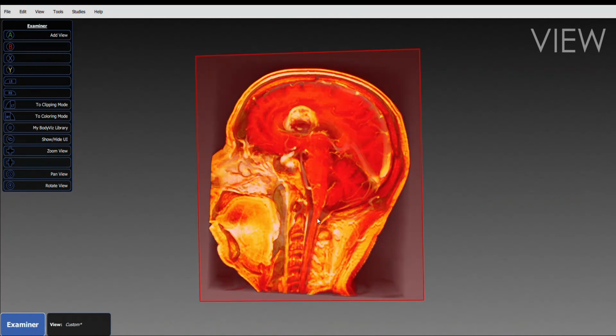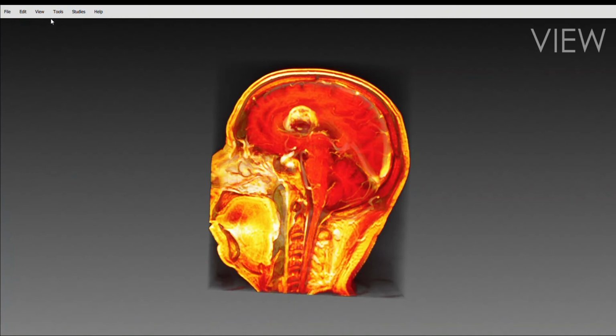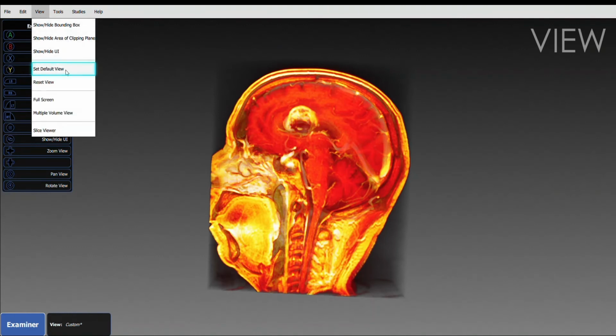Turning this feature on fills in the clipping plane, making it easy to see which plane you have selected, whereas turning it off removes the fill, leaving just the outline of the plane. This allows you to better see the volume while clipping. The Show and Hide UI simply turns on or off the user interface, including the Control Panel menu and the Mode menu. Set Default View allows you to assign a view that the volume will automatically open to, whereas the